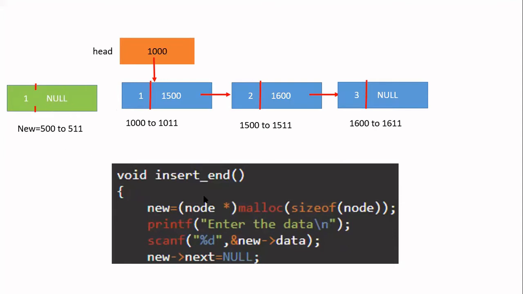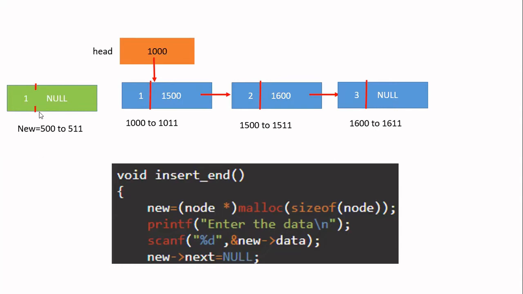So now look at the steps. First, I'm going to allocate the memory by means of malloc. Right. Then I am getting the value of the data field from the user by means of scanf("%d", &new->data). Then in this link field, I am storing null. For that, I am going to access with the help of new only again. So I am writing new->next = NULL. If these statements are executed, you will get a green node like this. But it is not connected anywhere. It is simply created. It is like a standalone node.